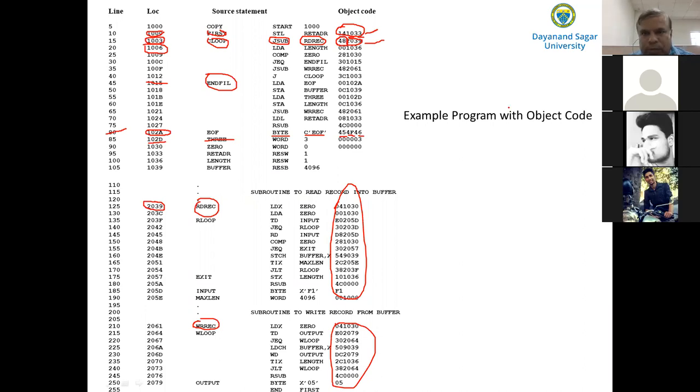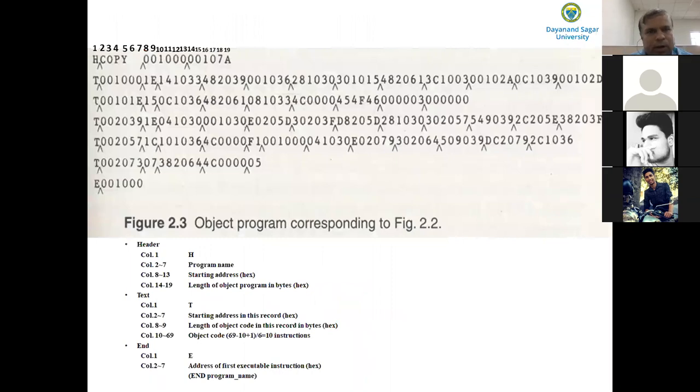You understood now? Because you have to solve some problems in this. We will give a program, then you need to translate that program into object code. Then finally, as I said, we need to write the object program.